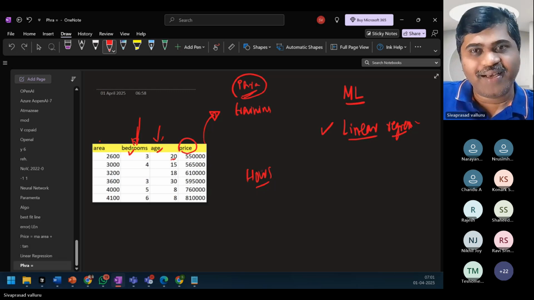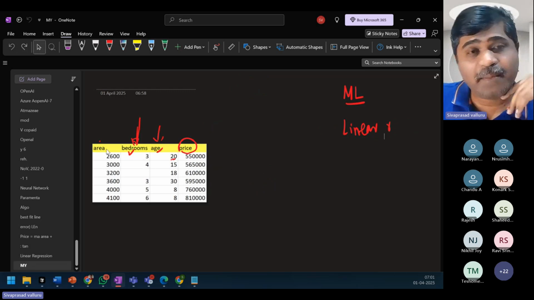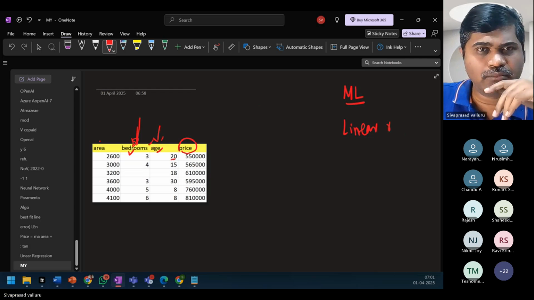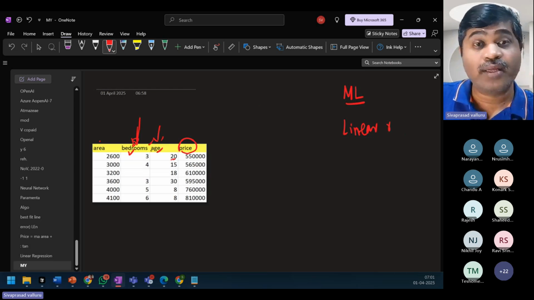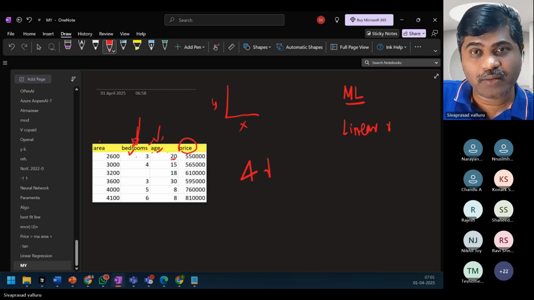Now, if I take this data, price is dependent on area, bedrooms, and age, right? Earlier, when it was only area and price, I drew a 2D graph with X and Y axes.